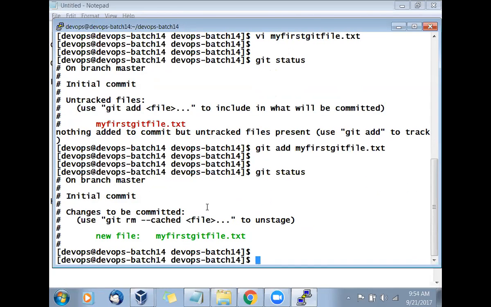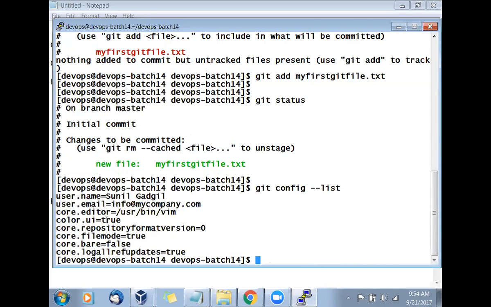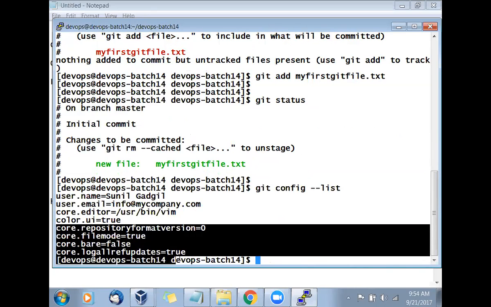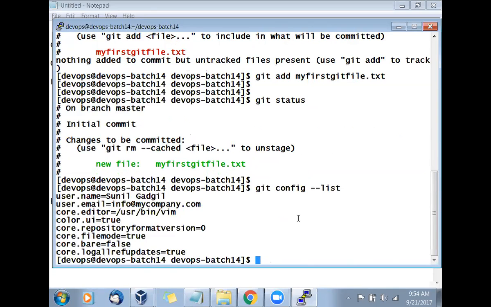If you don't have enabled the color, you'll not see the color. That's why we say color.ui true, right? If we have in the configuration, right? git config. You see that the color.ui, this is the ui color true. That is why we are able to see. Now we can see the other parameters also. Oh, you have something more there. Why? Because now created the project, and the project has something good there.